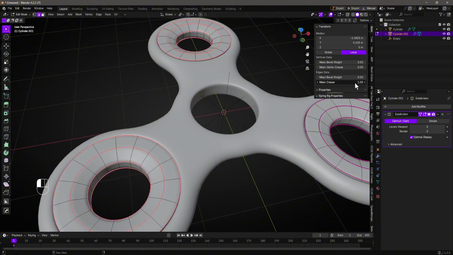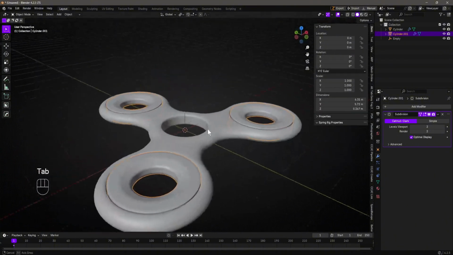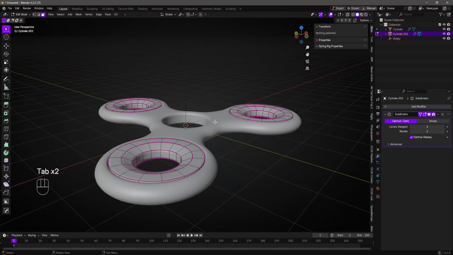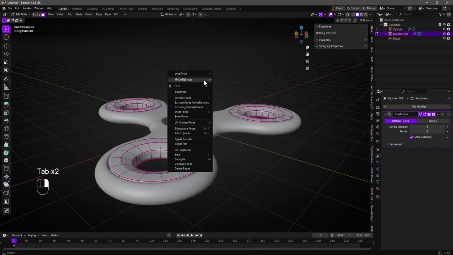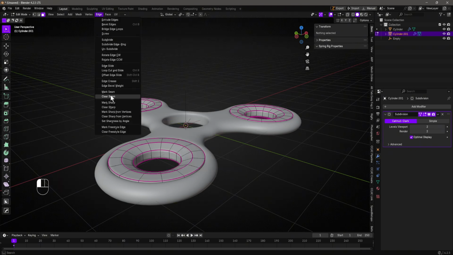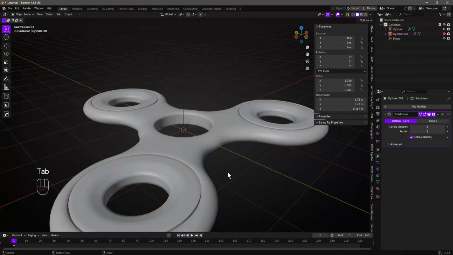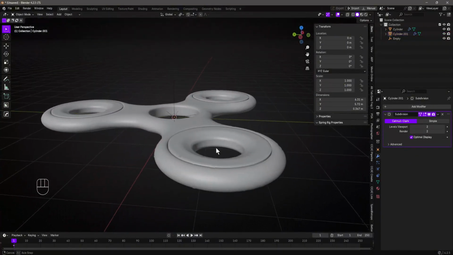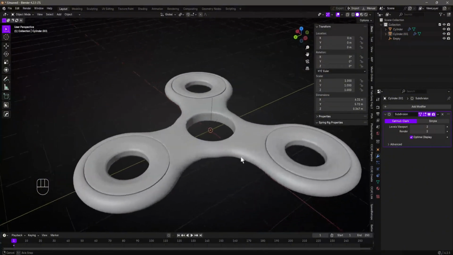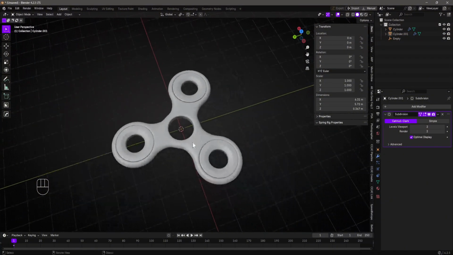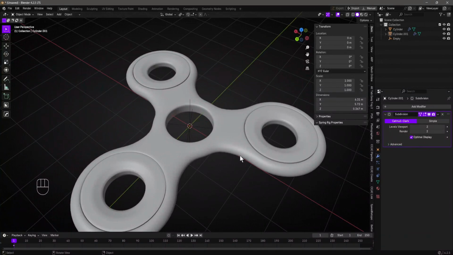Crease. Let's see, how does it look? Fine. Let's see if we right click the edge, sorry, and do mark sharp. Is there any difference? Well, there's none. Maybe there might be, I don't know, but it's still cool, right? Yeah, it's cool. So for the middle of the fidget spinner, since we're not going